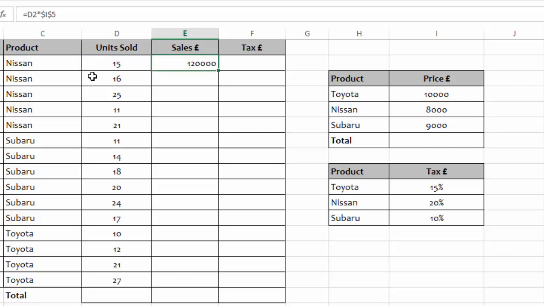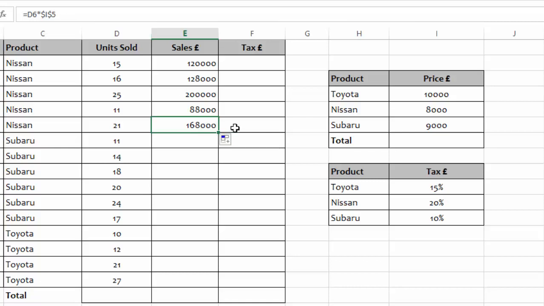Now I can go ahead and drag it until I reach the end of the Nissans. So if I click the last amount, you can see it is sticking to I5